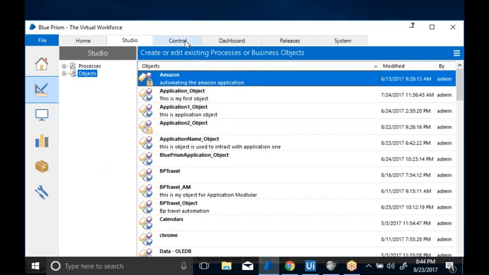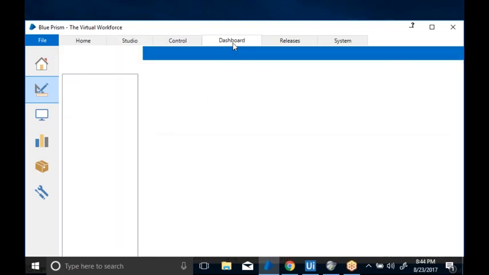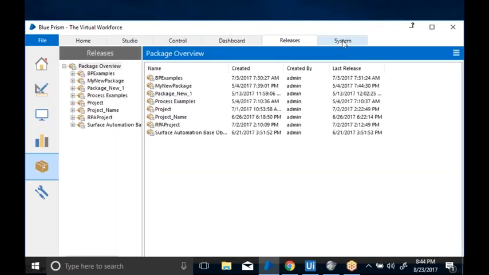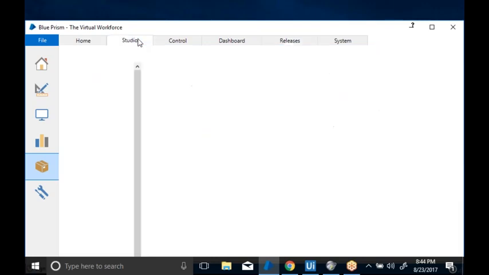Then we have the Control Room, Dashboard, Releases, and System. Now let's come back to Studio directly.